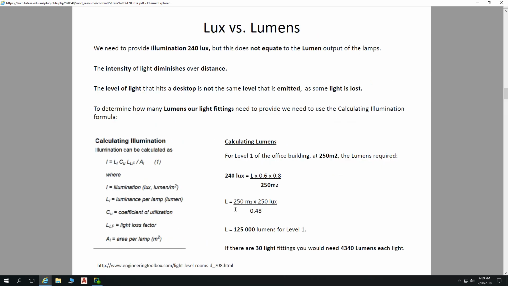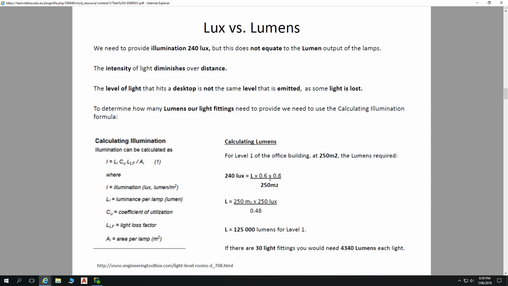So the lux is obviously 240. And then the L is your luminance per lamp. And then your coefficient is your 0.6. And light loss factor is your 0.8. And then you divide it by the area per lamp, which is your 250. Yes, exactly. So with our task 3, we can go with the same